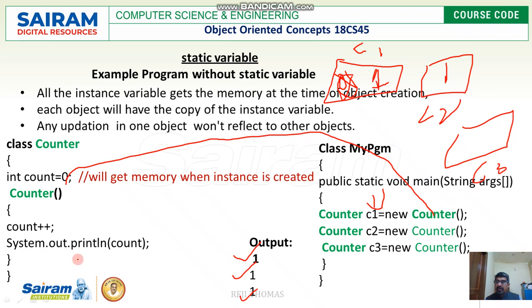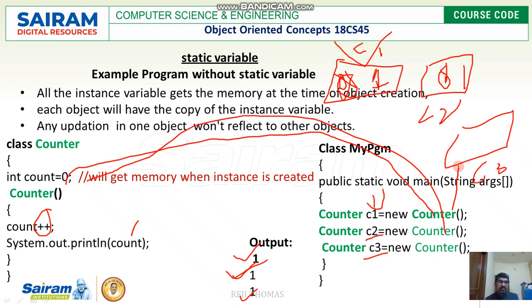Next you are going to print what is the value of that count. What is there in count? Count is going to be 1. So this is for the first statement. Again, I've created an object for the second time. Whenever I create, this will be initialized to 0. I'll call this constructor where the count will get incremented by 1. So I'll be getting the second output. I've created the third object. So this is C3. The moment I create, this will be initialized to 0. Next, increment the count. So count is going to be 1, and I'll print this count. So this is going to be 1.